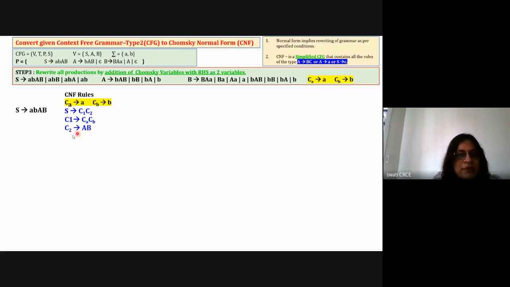Right hand side 2 variables, left hand side is a single variable. So don't get confused here. Small a, 1 or 2, these are the subscripts of the grammar, and it is a single variable. Okay, so don't get confused about it. The C1 means I just want to give the name of each and every variable in the form of a C, because it is a Chomsky normal form. So I'm going to number them as 1, 2, 3, 4, and for CA and CB, I'm using a proper naming convention, so that by looking at the variable, I come to know what is there inside the variable.